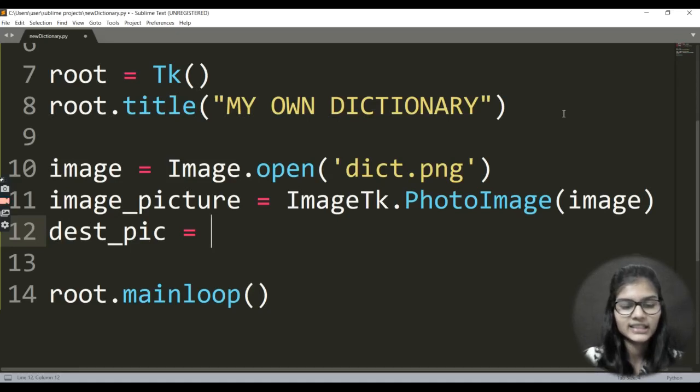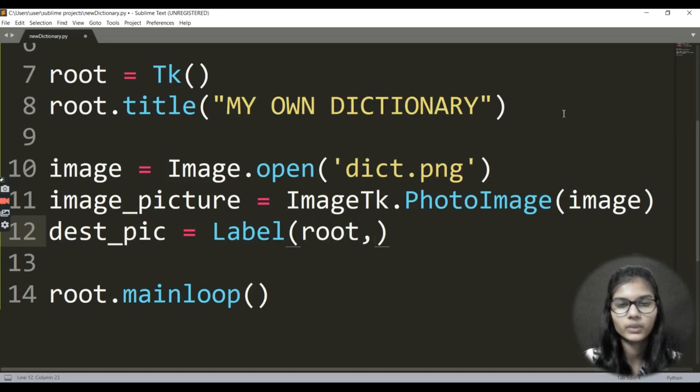So in this case, first of all I'll be using the label function which we have in the tkinter window, and that is basically used for putting an image or something on the tkinter window. Now, in the label bracket, I'll be writing the variable in which I have stored my tkinter window, that is basically root, right? Now, why am I writing that? Because what I want is that the image which I'll be displaying should come onto the tkinter window, right? I do not want the image to be displayed anywhere on the desktop, right?